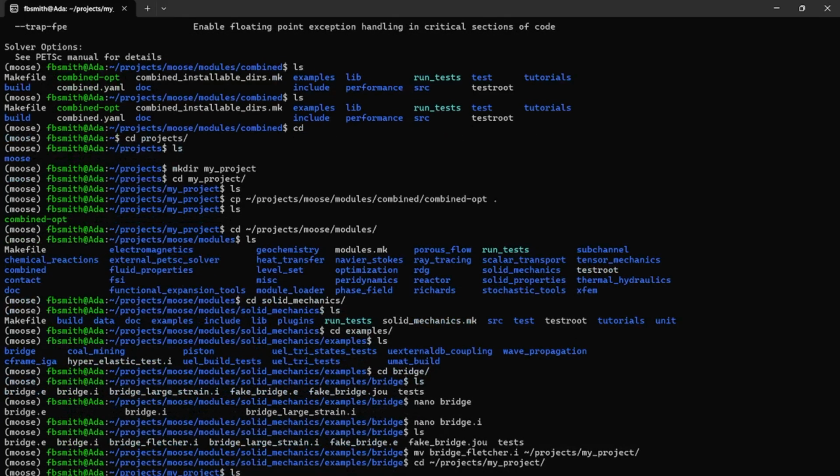Now I do ls, and I see that bridge_Fletcher is there as an input, and I have combined-opt. Now I am ready to run Moose. As a reminder, I need to have my Moose conda environment active. I have my executable right here, and I have my input file right here as a .i. So I'm going to type in